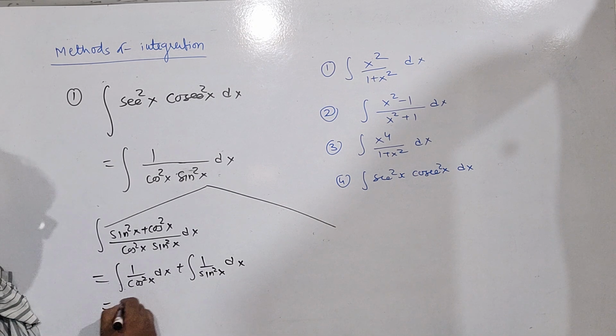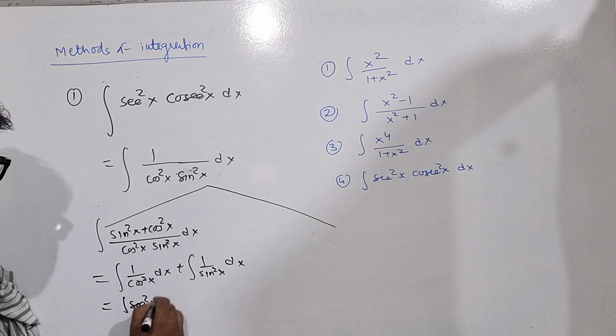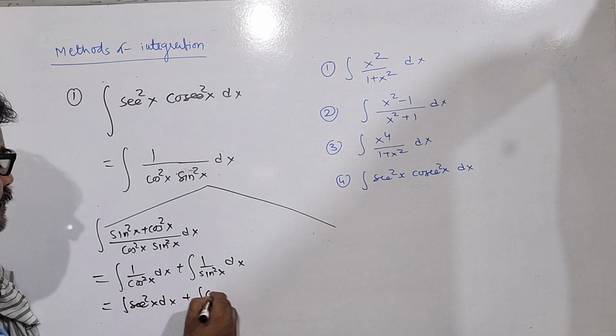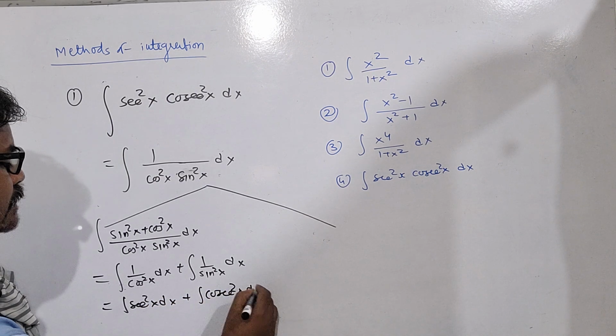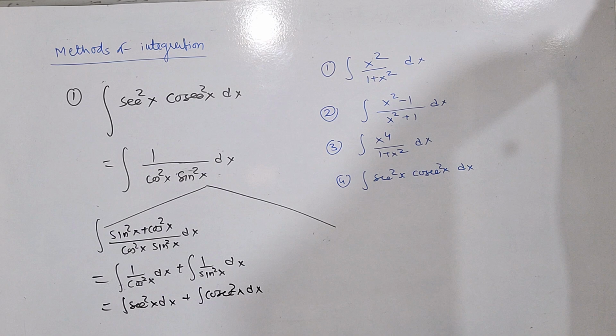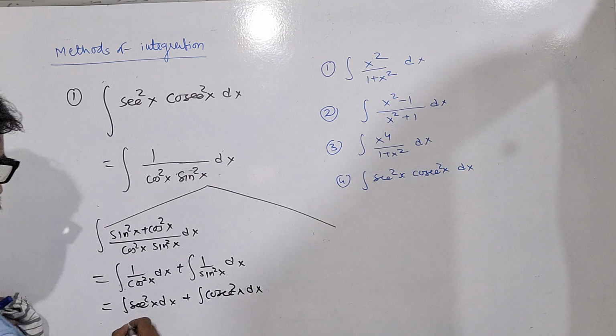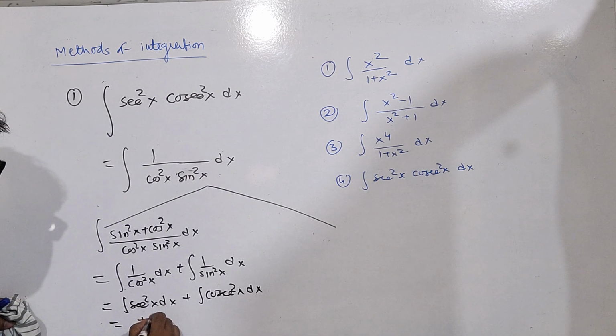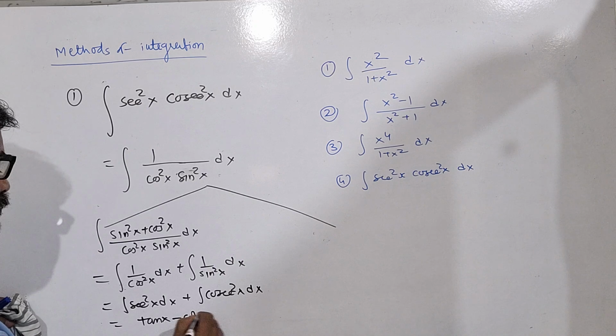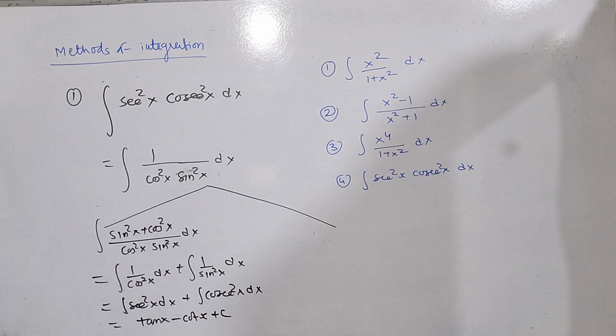This is the integration of sec squared x dx and the integration of cosec squared x dx, correct? So finally the answer will be tan x minus cot x plus c, correct? Okay. Now coming to the second way,